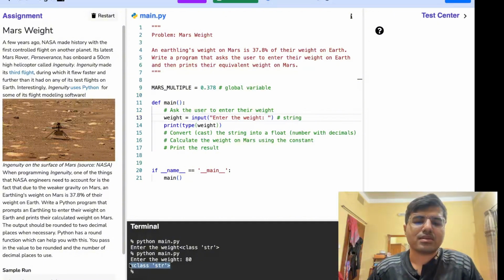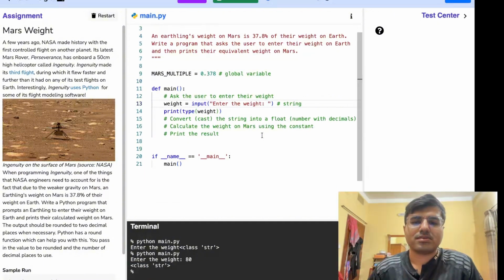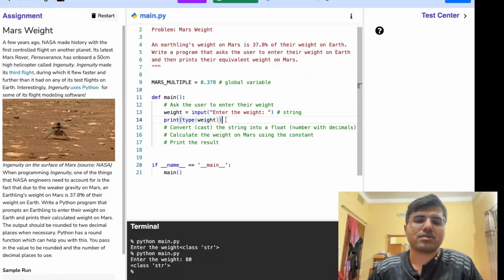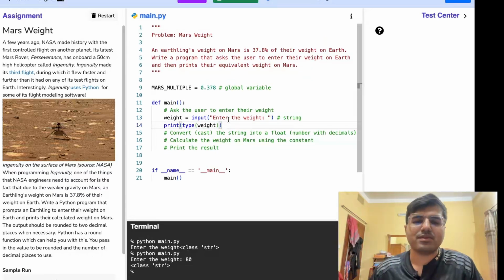It is showing that it is actually a string class. By using this function called type, you can get the type of any variable. Now we are expecting that the weight will be a float, but we are getting a string. We have to solve this problem, because if we don't, we'll get an error.